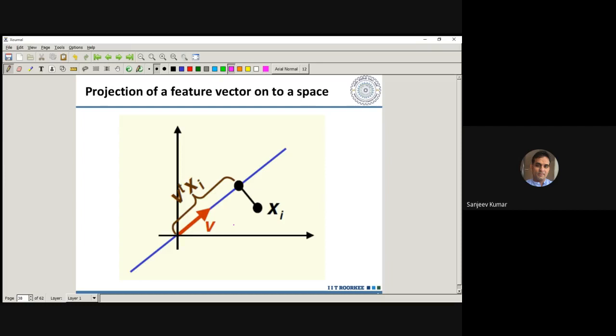So just some concepts. One of the concepts is the projection, which is very much clear to you. If this is the direction of the line V, the projection of this point xi onto this line is given by V transpose xi. That is nothing, just the dot product of V with xi. Because it's just 15 minutes, I am not going into the theory of this. I am just giving you the motivation of LDA, how it will do the job.